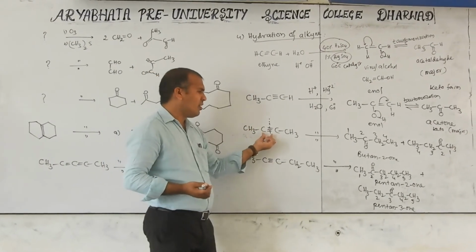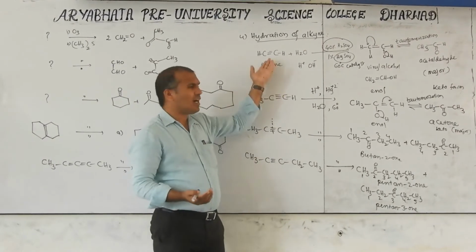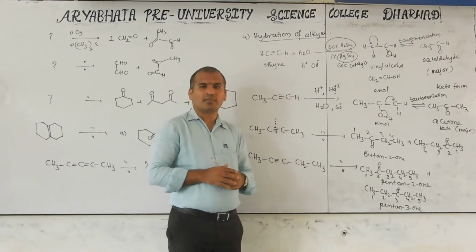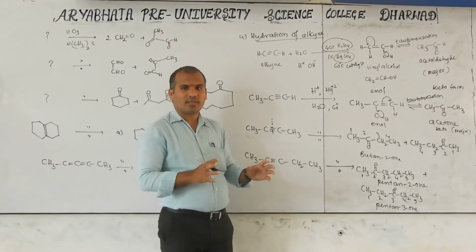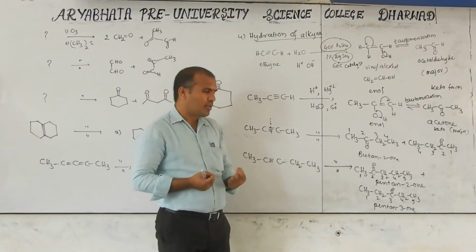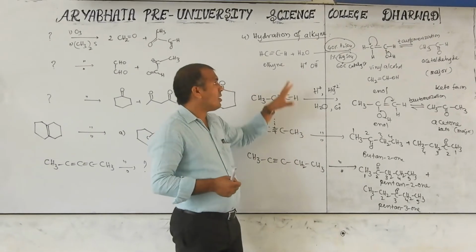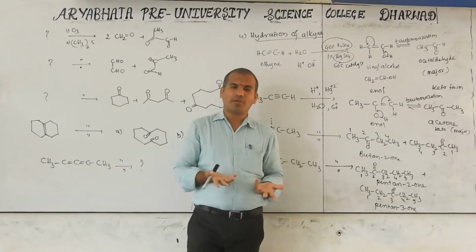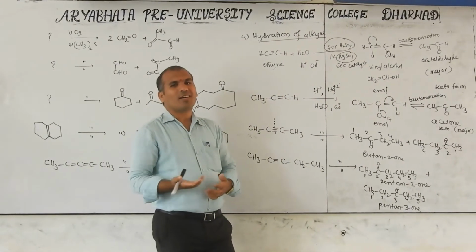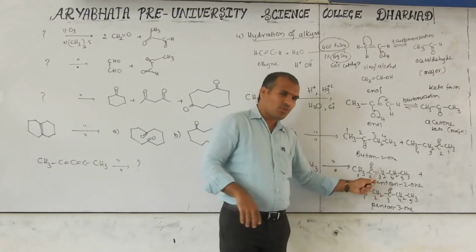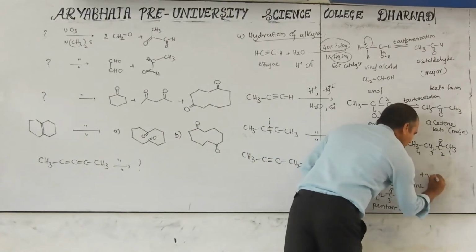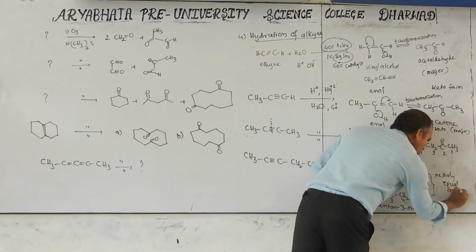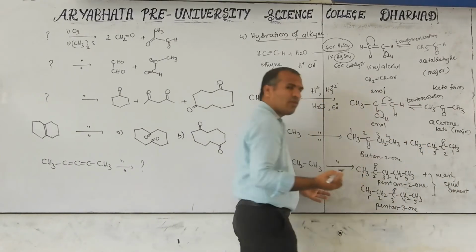Same reason, as I put, the left and right groups are different. Only alkanes are there. But for competitive exam purposes, what will they ask? Some extent of the same concept. Keep in mind, whatever I am writing, the first 1, 2, 3 equations are for PUC purposes, and the remaining equations extend to the competitive level. So they ask, both are formed in nearly equal amounts. No one is major here.